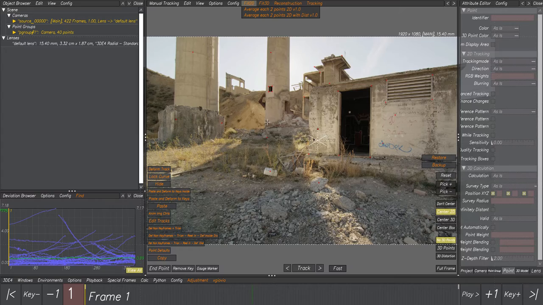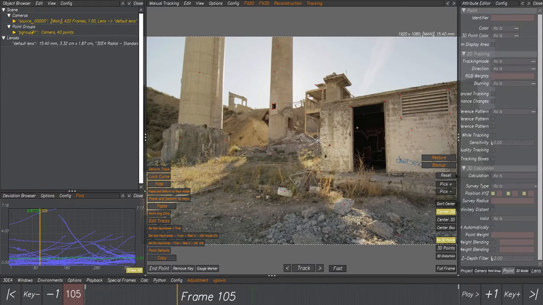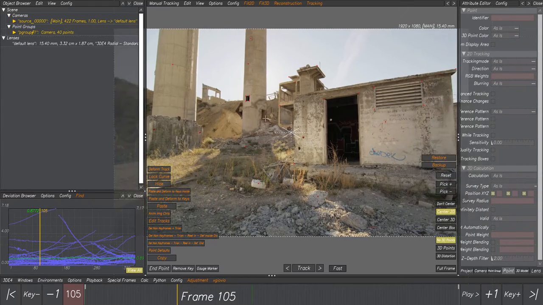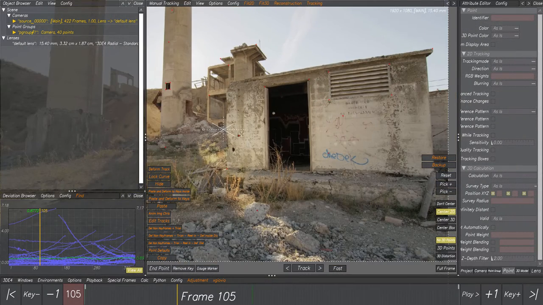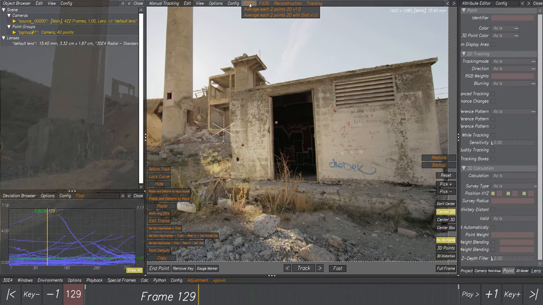So let's start. We have a simple scene here, a normal camera with parallax, and we have some tracked points. Okay, let's start. Fill 2D has two options: average each 2D point 2D and average each 2D point 2D with distortion. The menu is divided into two parts, 2D and 3D, because the Fill 2D part